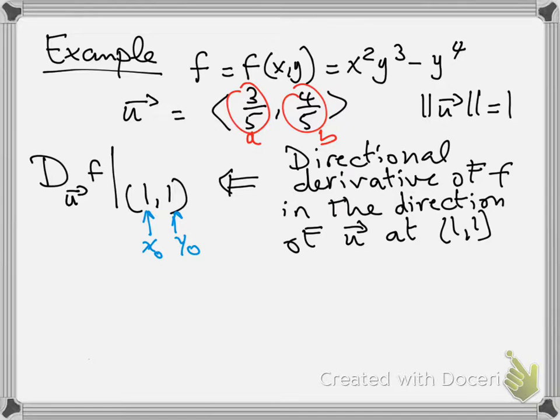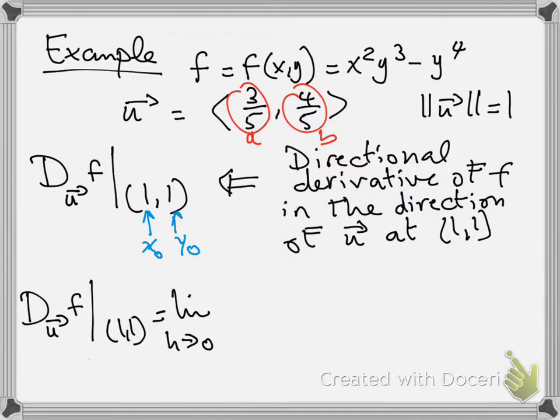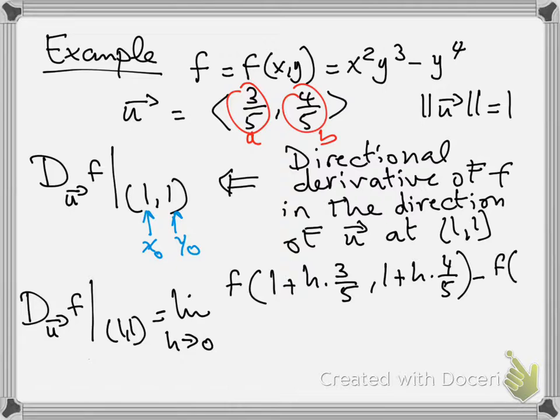It's the limit as h goes to 0 of f of x0, which is 1, plus h times a, so h times 3/5, y0, which is 1, plus h times b, that's 4/5, minus f of (1, 1),